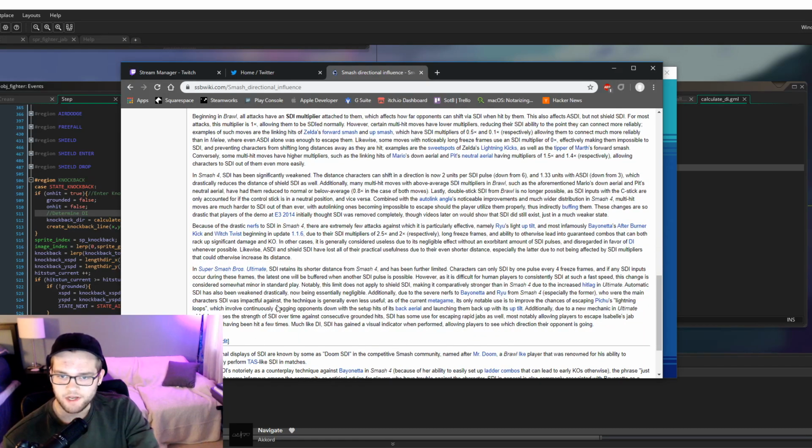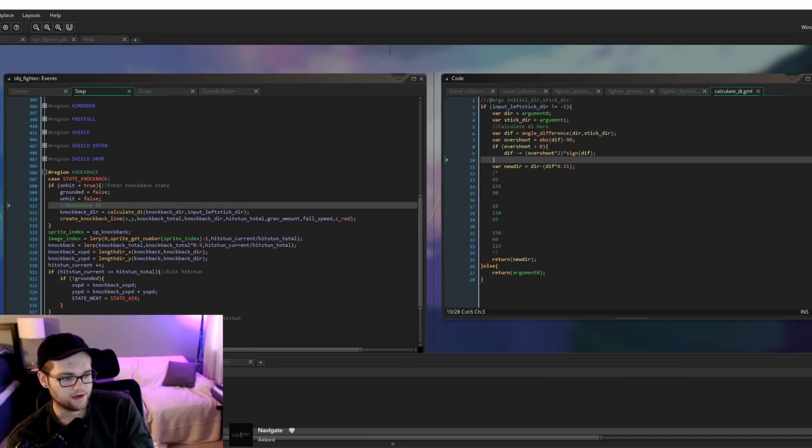What does Ultimate have? Let's see. A new mechanic in Ultimate which increases the strength of SDI over time against consecutive grounded hits. SDI has gained a visual indicator when performed, allowing their opponents to see which direction. What? Where? Can I see this? I've never seen this. Alright, how do I want to implement